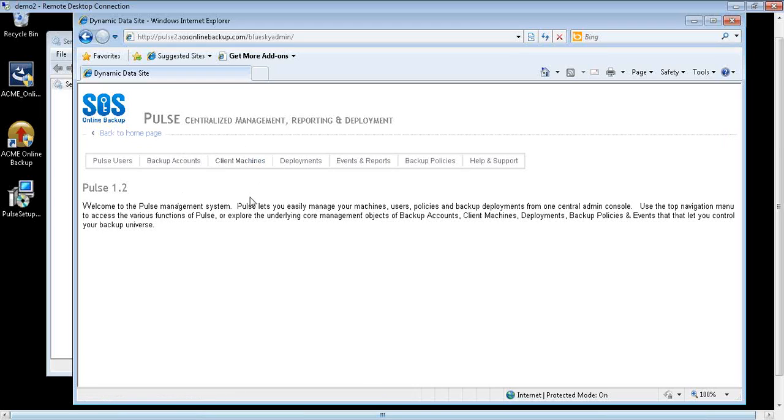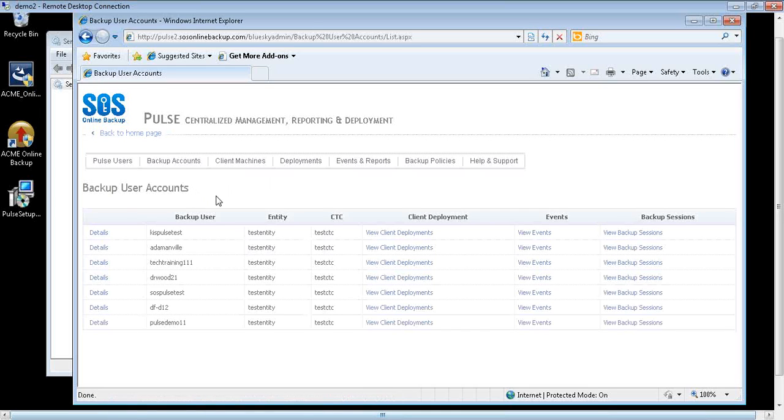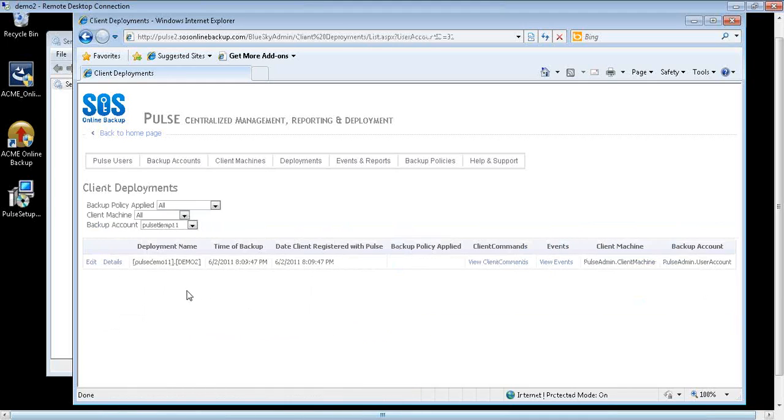So here's the main dashboard for our Pulse server. So one thing I can do is just go to View Backup Accounts and see that the new account has been registered. So Pulse Demo 11, that was the one we just created it under. Verify the information here. Looks good. Date client registered with Pulse. Looks great. If we go to Machines,